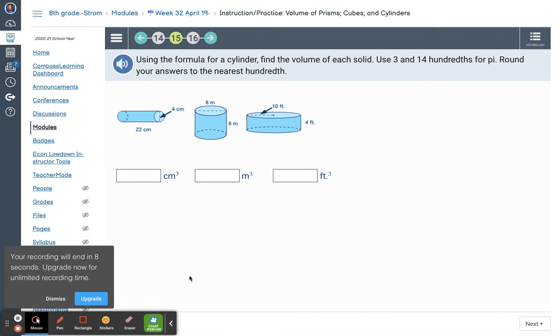Using the formula for a cylinder, find the volume of each solid. Use 3.14 for pi. Round your answers